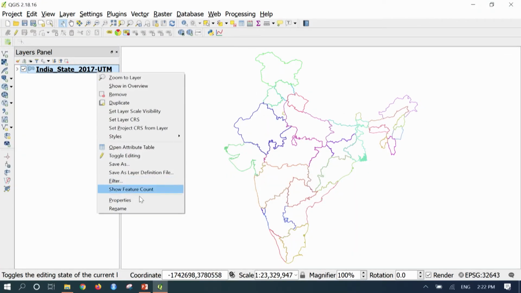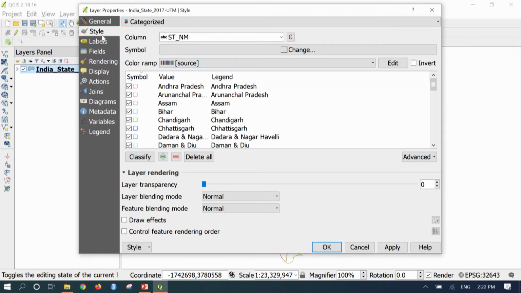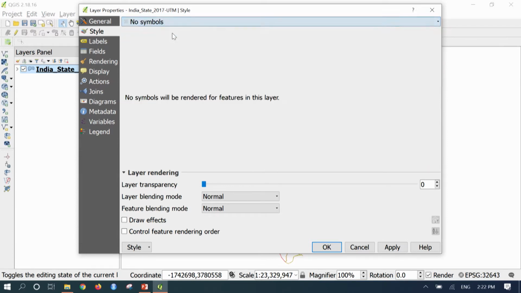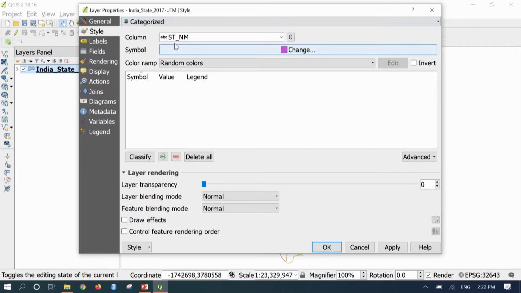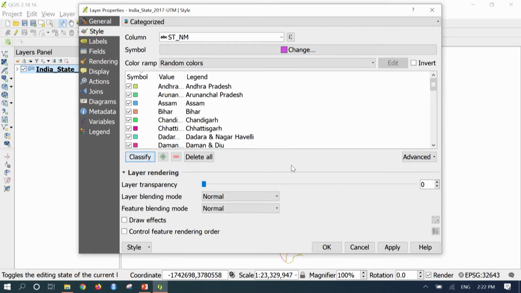If you want to fill colors, again go to properties, styles, graduated. Change the color, classify, and then press OK.